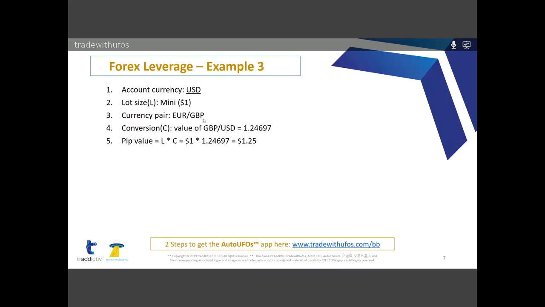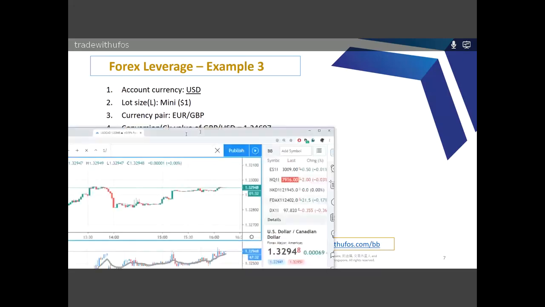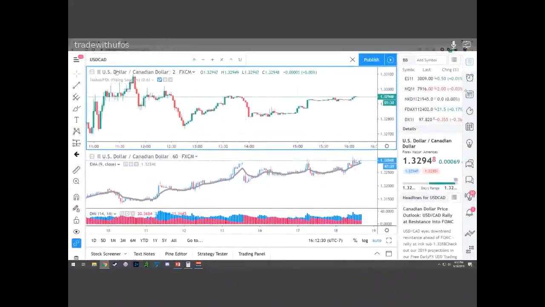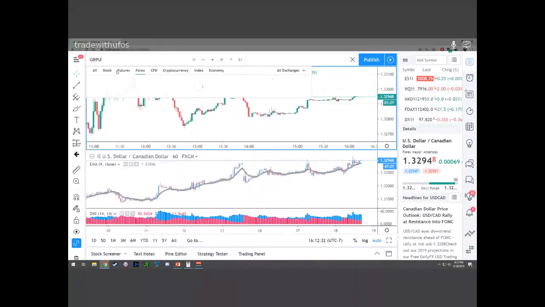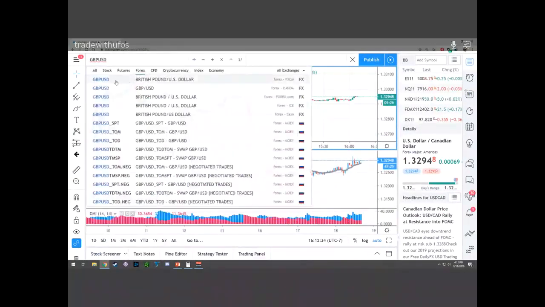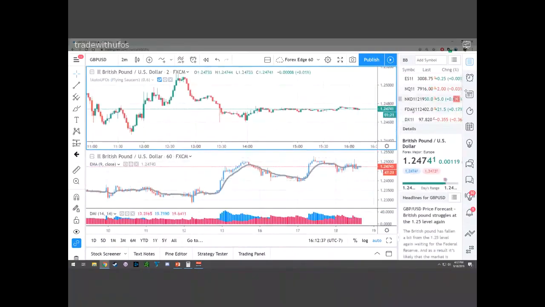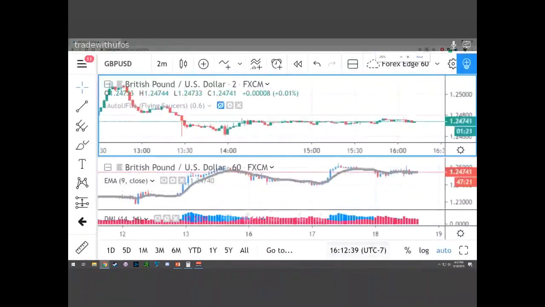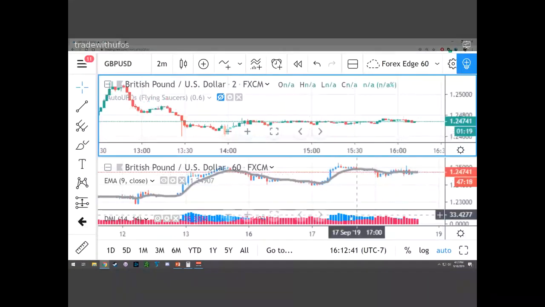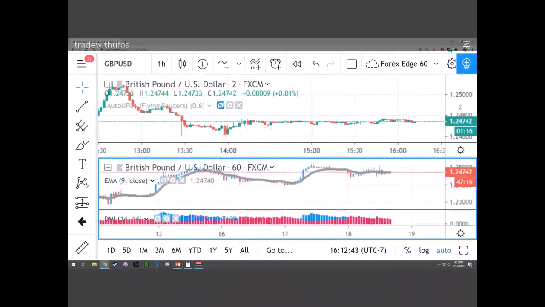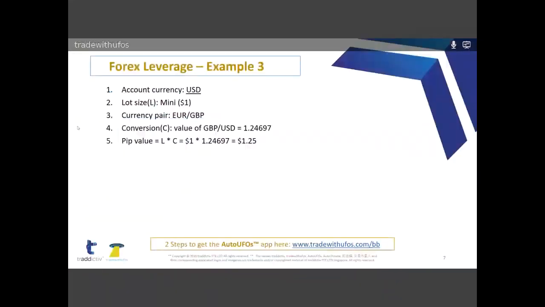Got it? So let's again go into TradingView. So we have the euro CAD right now. Let's get the pound dollar. So make sure we're in Forex. Click. All right, so here it is. We can update. Let's see if I can scroll over. No. So the current value of the pound dollar is $1 and 0.2474. So I just grabbed, again, the value from yesterday, which was